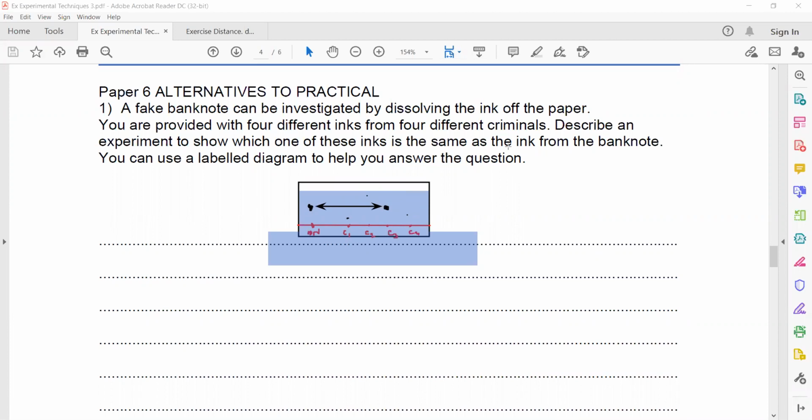It is very important that you draw the diagram, because if you miss anything in the question, it will complete the answer. That's the reason why you should always draw. But you don't have to say which criminal it is, you just have to outline the experiment, how it can be done. So what we will do,